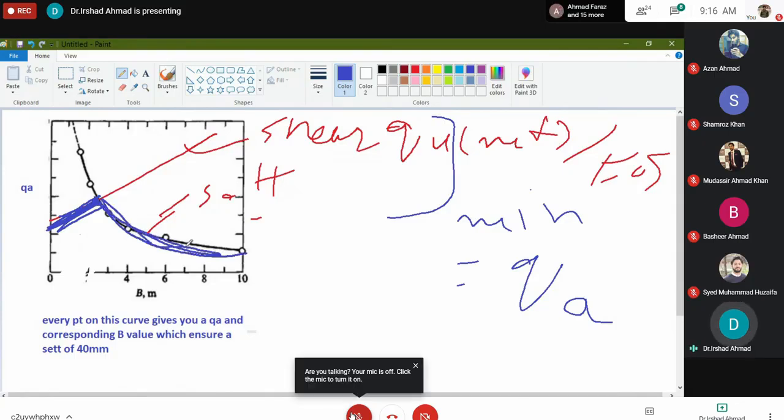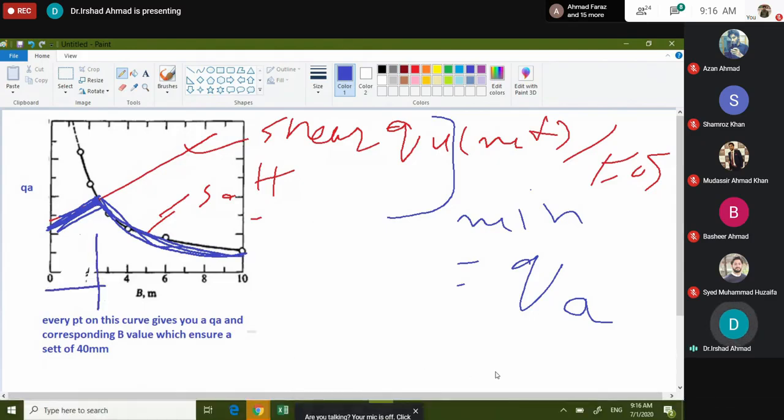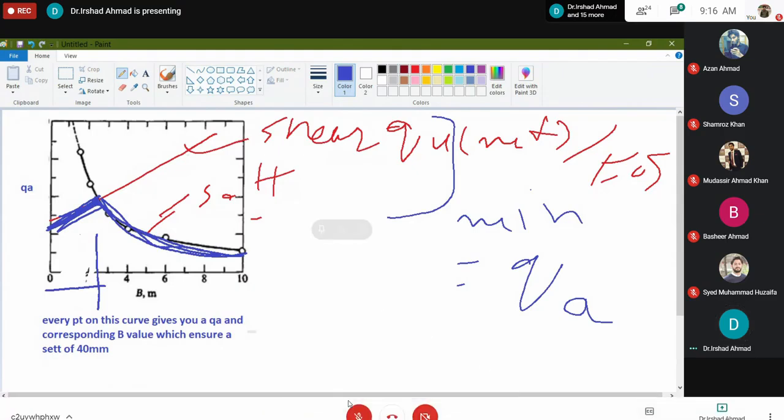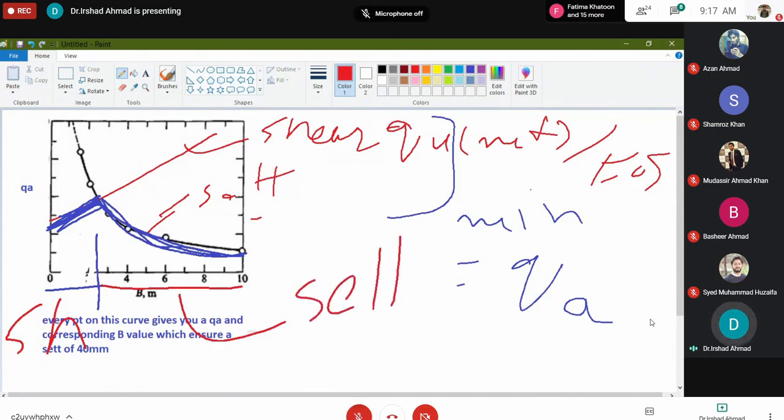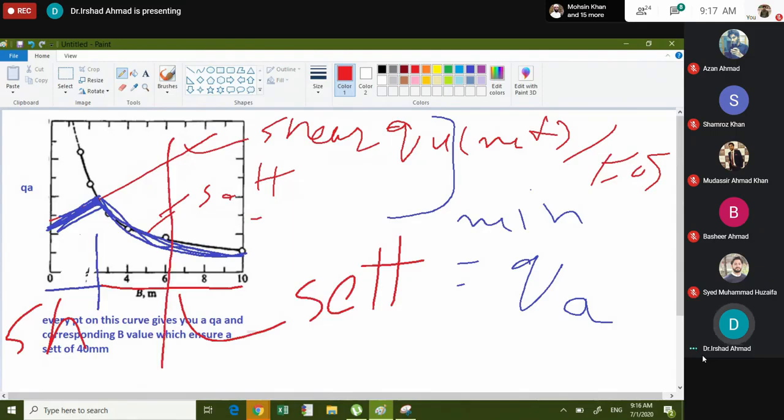ये ब्लू लाइन Q अलाउबल है। यहां से यहां तक क्या गवर्न कर रहा है? शेयर। और यहां से यहां तक क्या गवर्न कर रहा है? सेटलमेंट। अगर आपकी फाउंडेशन की बी यहाँ पे हो तो आपकी बेरिंग ये है, क्योंकि अगर ये वाली बी इस्तेमाल करेंगे तो शेयर फेलियर हो जाएगा, और अगर वो वाली बी इस्तेमाल करेंगे तो शेयर तो नहीं होगा, मगर आपकी सेटलमेंट बहुत ज्यादा हो जाएगी। अच्छा, बस इतना काफी है इस पे।